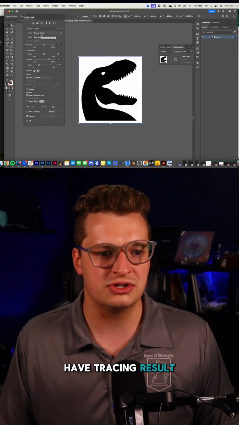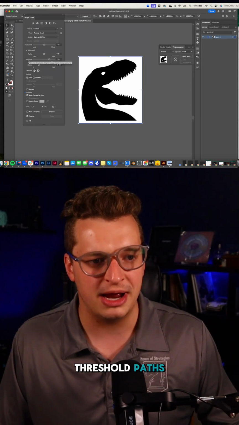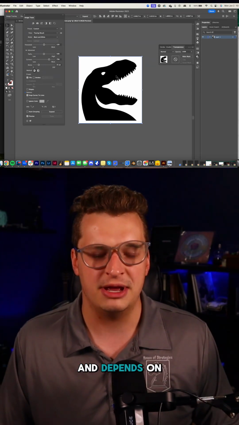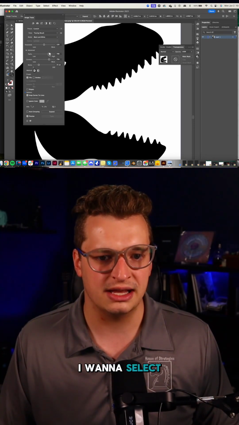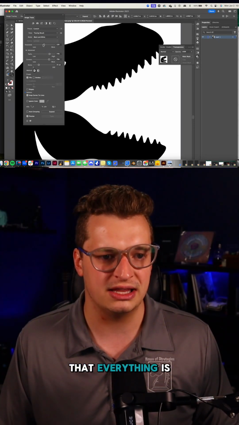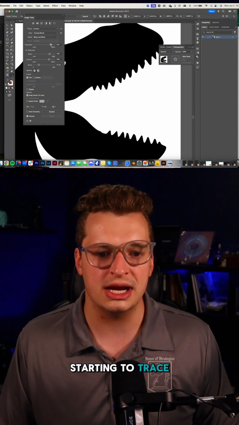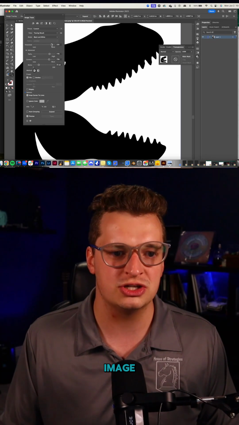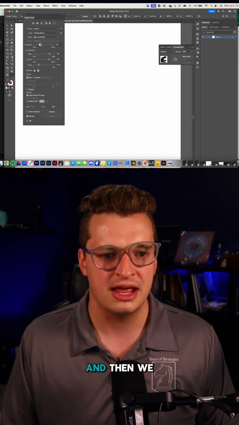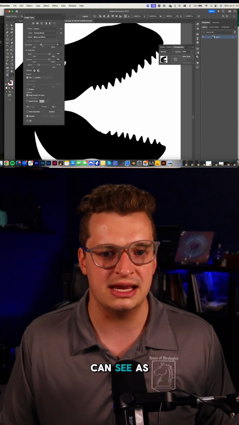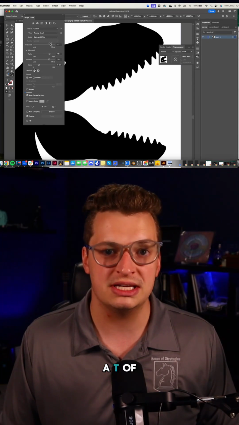And we're going to have a tracing result. The three most important areas you want to focus on here are threshold, paths, corners, and noise. It depends on the image that you're using, but we'll use the teeth as an example. I want to select a few more paths to make sure that everything is good, and then we'll raise the threshold, and you can see that it's starting to trace a little bit more of the image rather than less. So if we go less, of course, it's not going to trace anything, and then we can slowly bring it up, and you can see as the platform starts to trace it pretty much to a T of what the